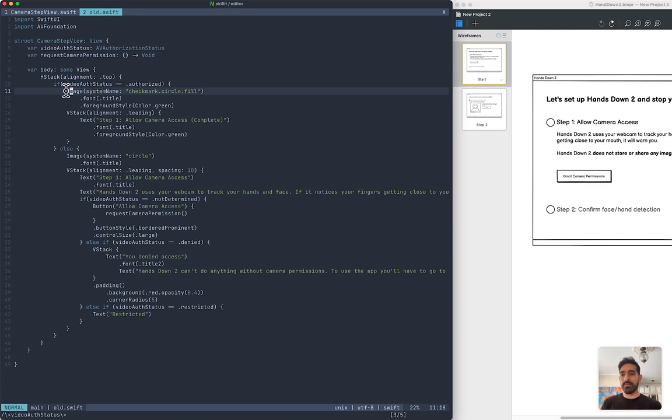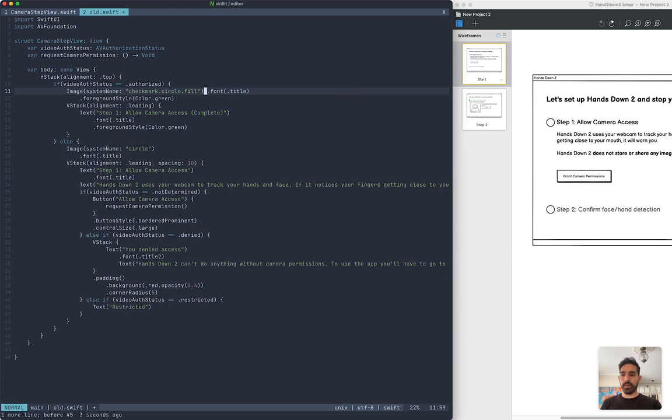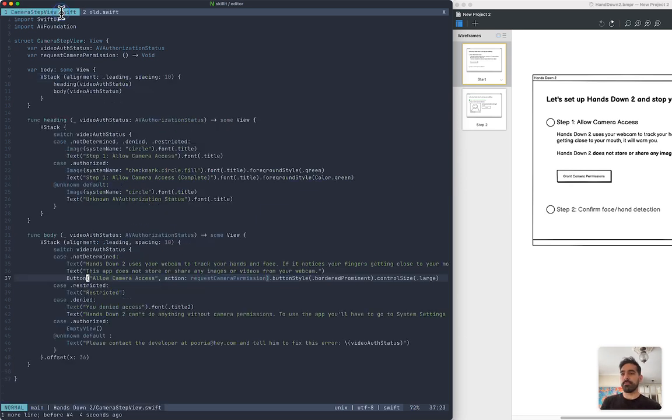I think this is all one thing. These are just properties on one thing, and the hierarchy really is for something like an H stack, a parent, not properties of one thing. Anyway, that came out kind of long,